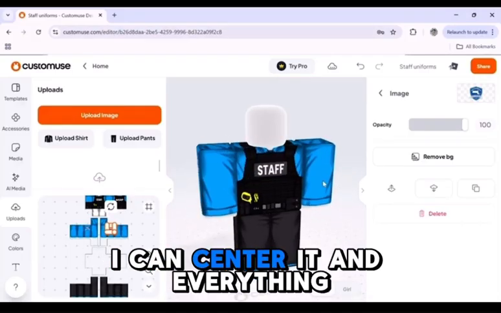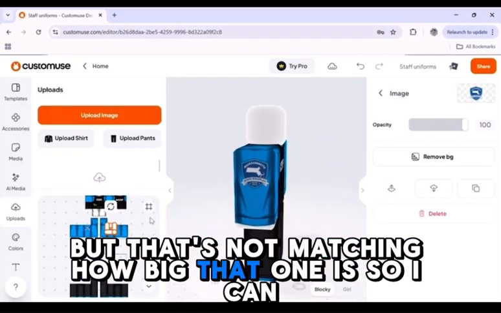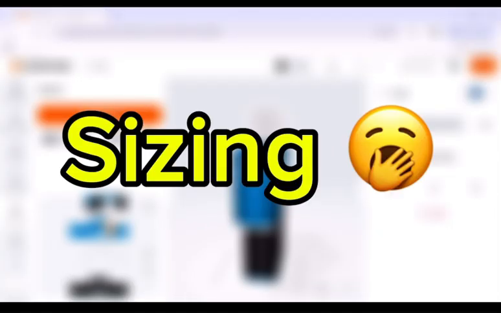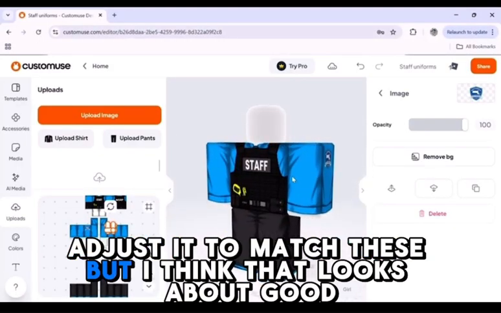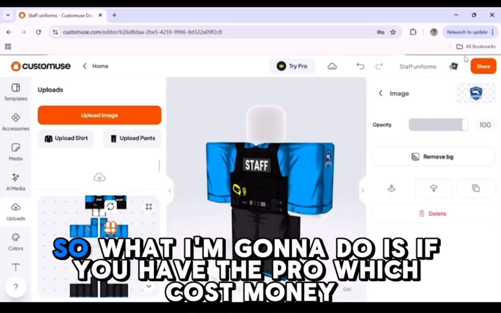Okay, I can center it and everything, but that's not matching how big that one is. So I can just adjust it to match these, but I think that looks about good. So what I'm gonna do